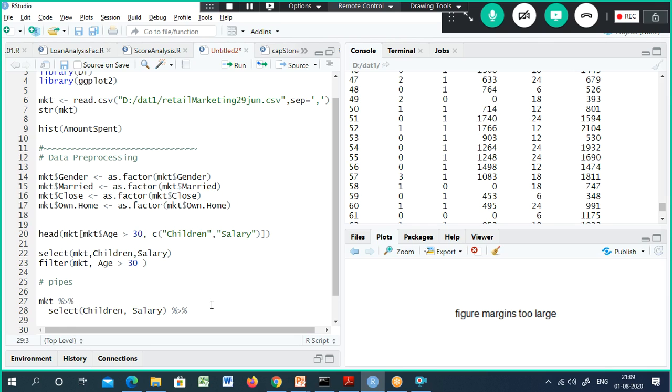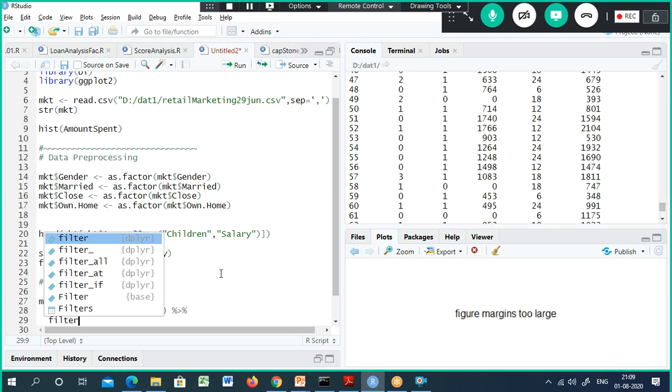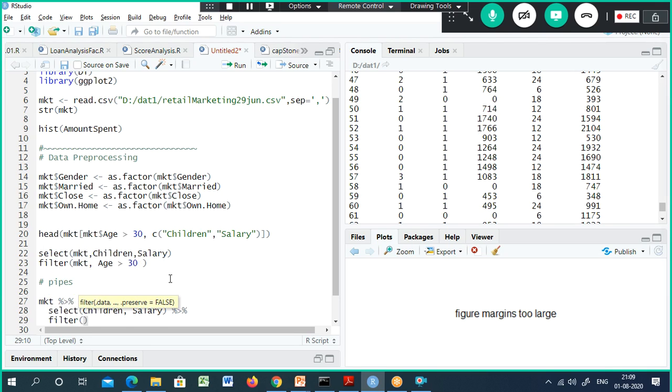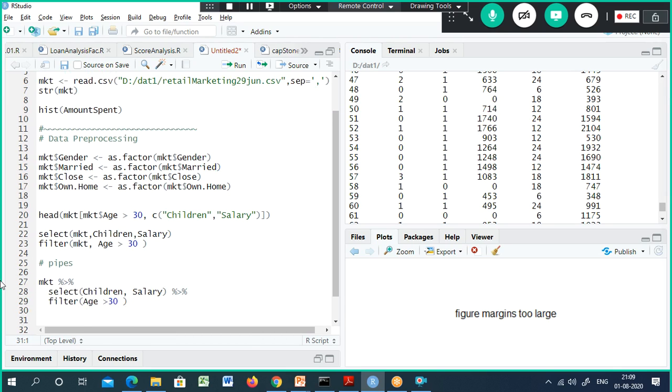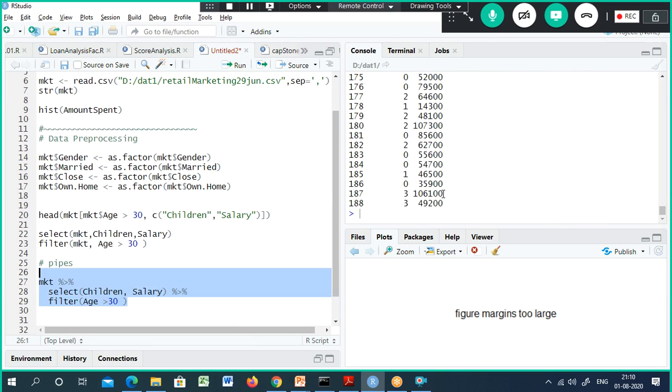The next step: see here, I'm able to tie these two things into a single filter. All I have to do is give age is greater than 30. That's it. That's all.